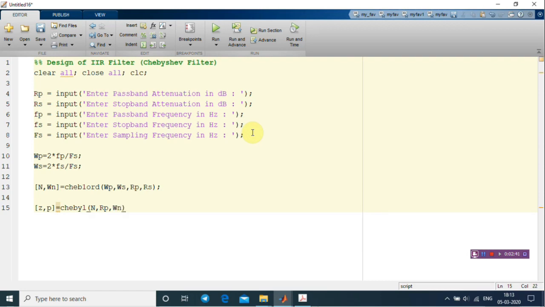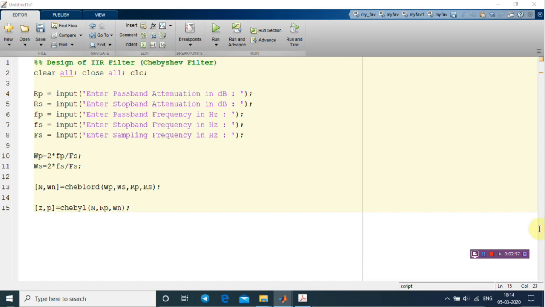So those are the variables you have passed in. Press enter, and once these values are entered, you should be able to design the Chebyshev filter, where you can mention the poles and the corresponding parameters.